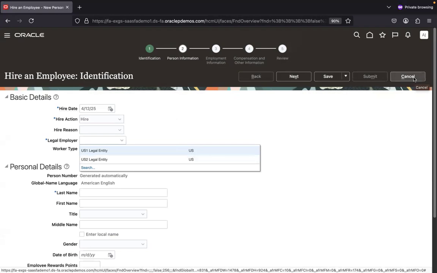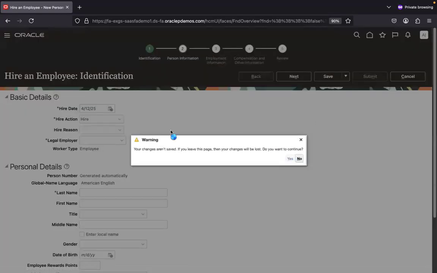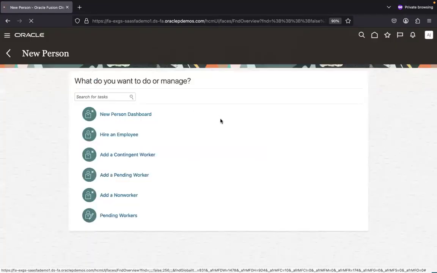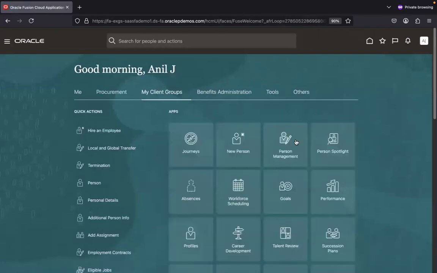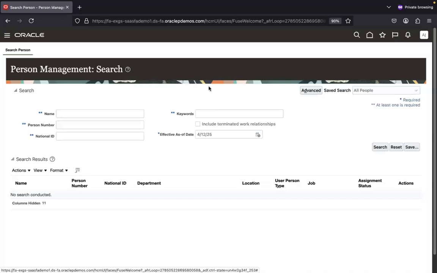Now, if he goes into a person management screen, let's say he's trying to update or manage the persons, maybe he's trying to terminate them or give them promotion and all that. When he looks at the people and I search for Curtis,